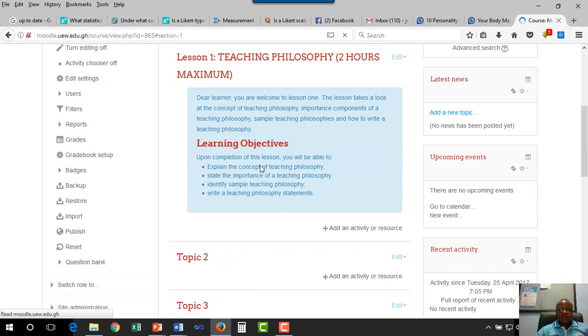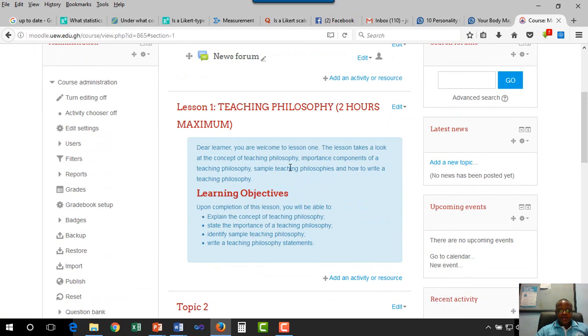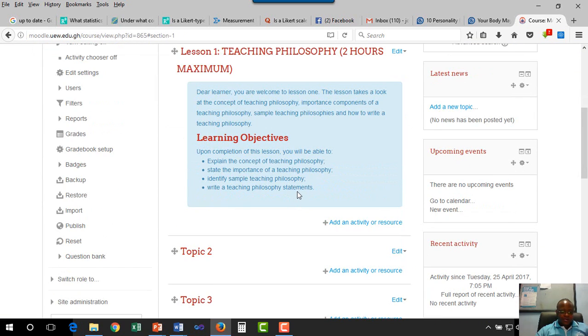So in developing this first lesson, you see how it's taking shape. We are now with the learning objectives, and on this note, let's look at